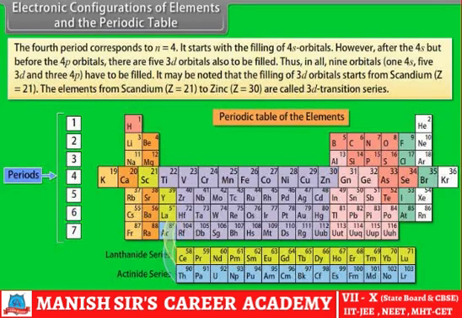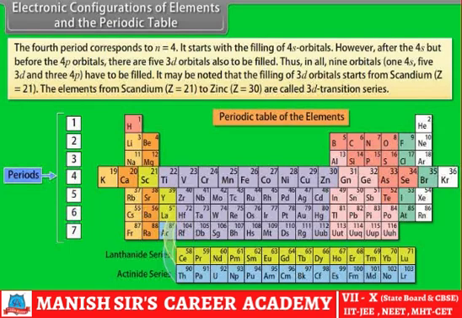However, after the 4s but before the 4p orbitals, there are 5 3d orbitals also to be filled. Thus, in all, 9 orbitals, one 4s, five 3d and three 4p, have to be filled. It may be noted that the filling of 3d orbitals starts from scandium, atomic number 21. The elements from scandium, atomic number 21, to zinc, atomic number 30, are called